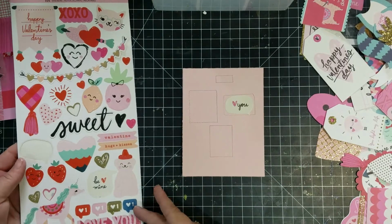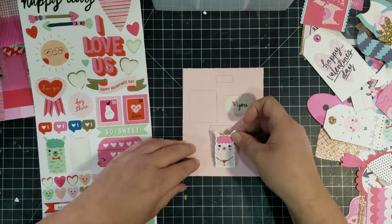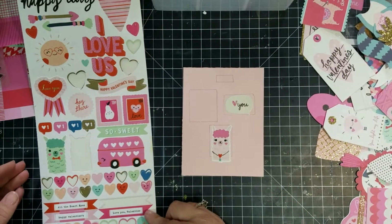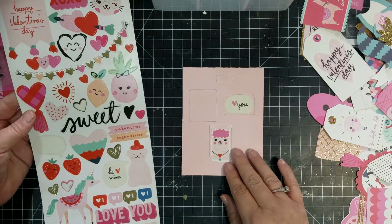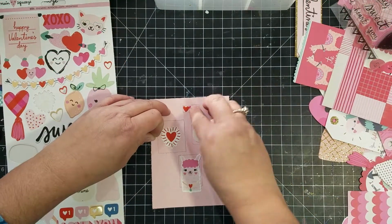And that really small one I had a little bit of a hard time with because most of the stickers are not that small. I didn't really think about that when I was doing this. So I place each of the stickers that I want in the squares, and then I will erase the lines. And then, like I said, I make this a shaker card, so I just use packaging for the windows on this instead of getting out my heavier,